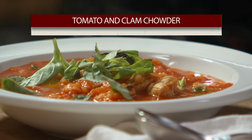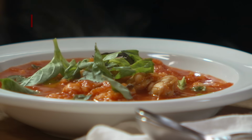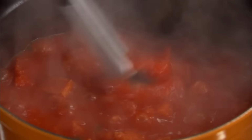This is a twist on the Italian papa al pomodoro, the tomato soup with bread in it. And the twist is that we'll add clams. In this case, it's reusing old bread so ingeniously. Bread that's been standing around for two or three days, you put it in and it cooks into the soup and becomes like a papa. It makes the soup velvety, and it's a great way of reusing those products. Waste not, want not, is what I really feel,